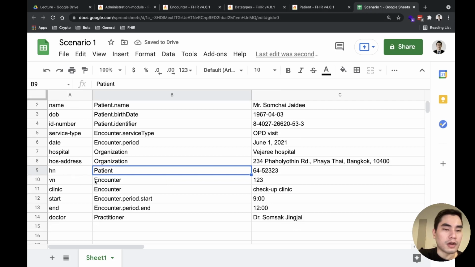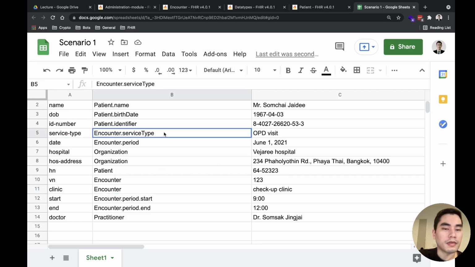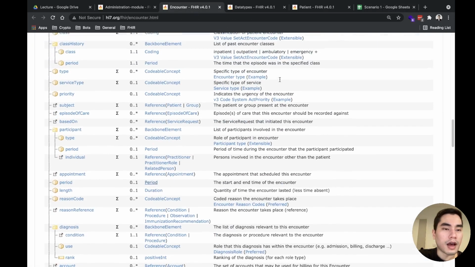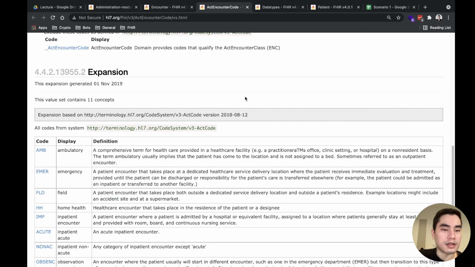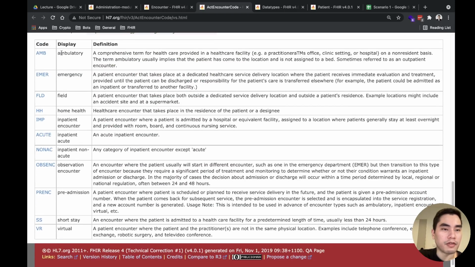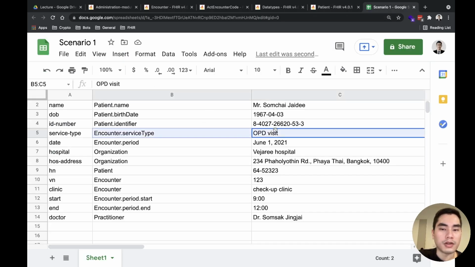And because we are in our encounter, I will continue this. Encounter is, oh, I made a mistake. Service type: maybe I think the more suitable one is class, because it categorizes the class of that visit. And from the example data, this one is an OPD visit.